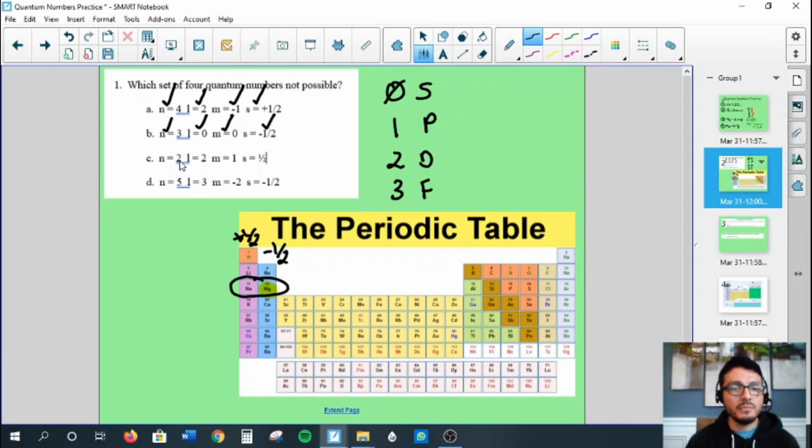N is equal to 2. Yep, that's the second row. It's possible. L is equal to 2. All right, second row with a D shape. Let's see. We have 2S possible here, and moving along we have 2P, but that's it, because the next shape,